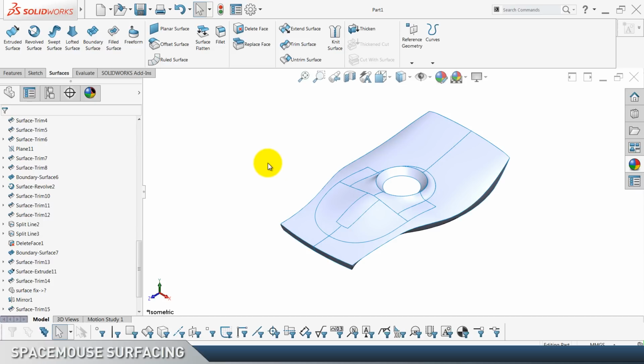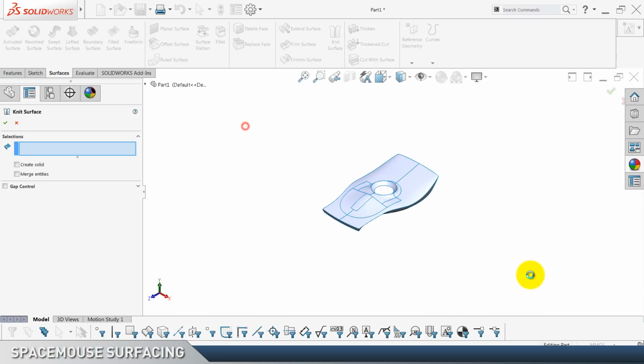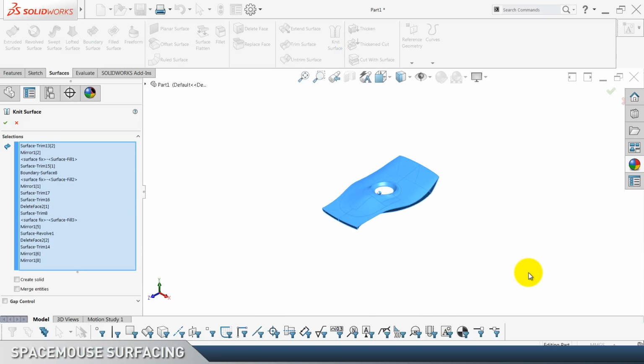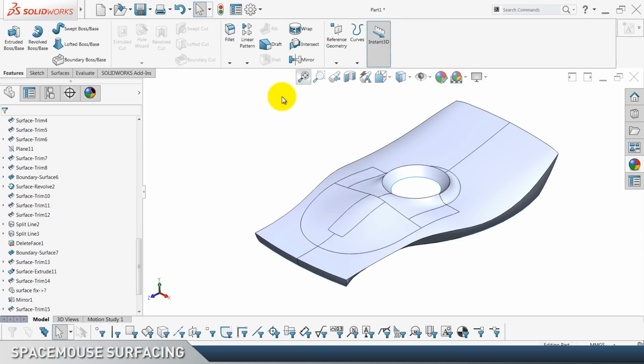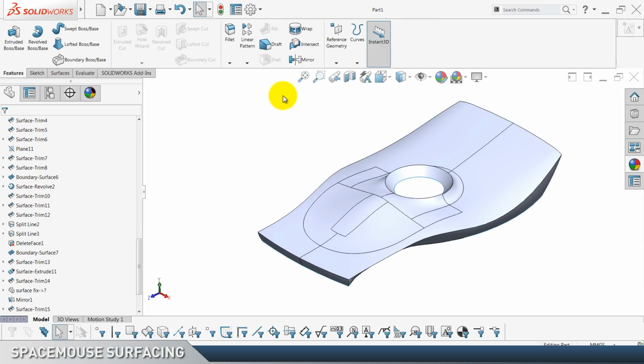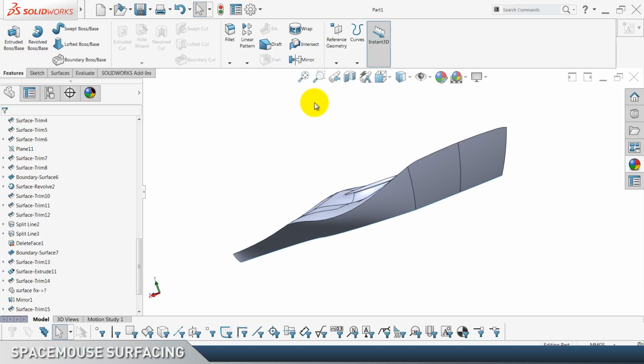We're gonna knit this all together. Sorry, I'm just preparing my sketches. So knit everything like this, click OK. As you can see, now it has all become one surface body, and now therefore we can do some